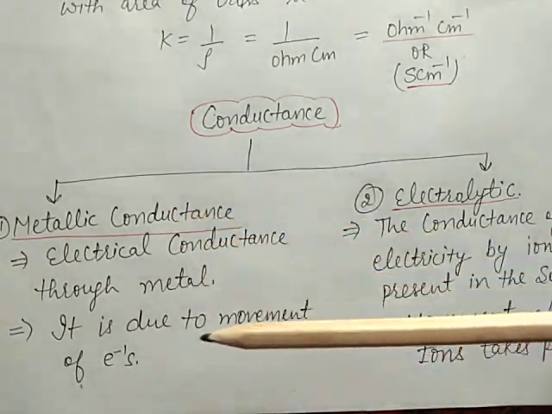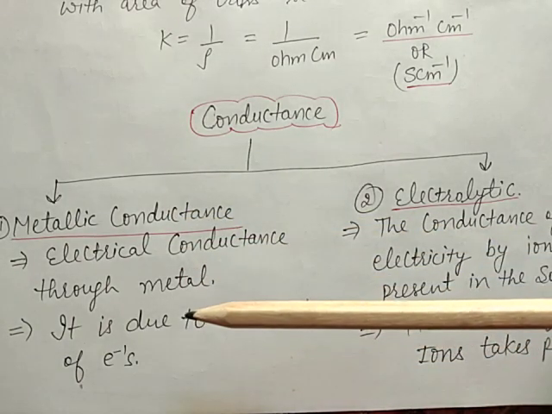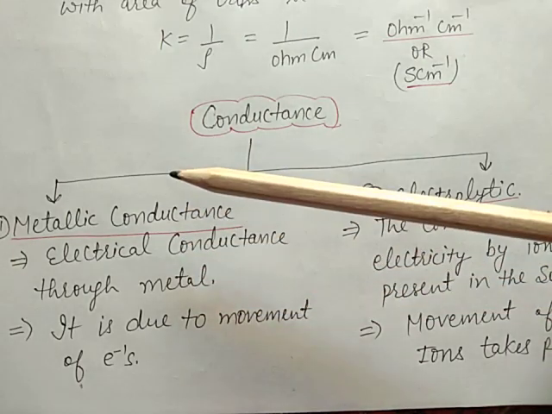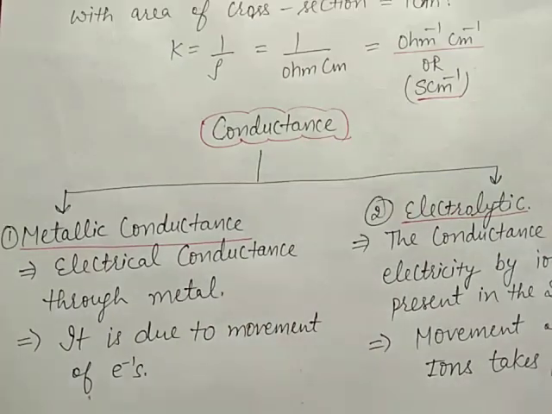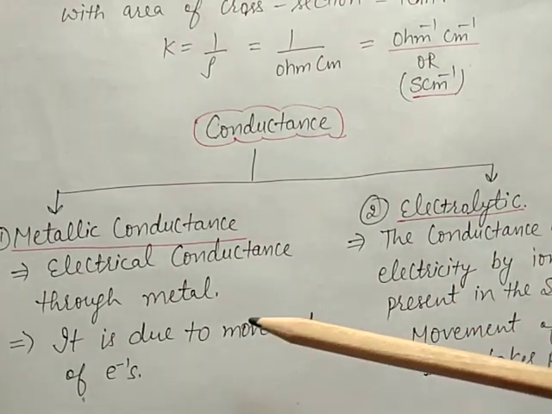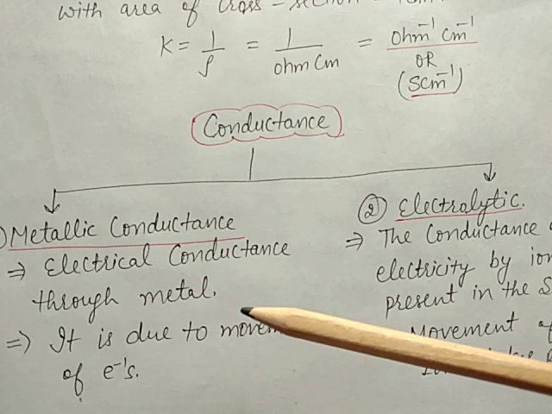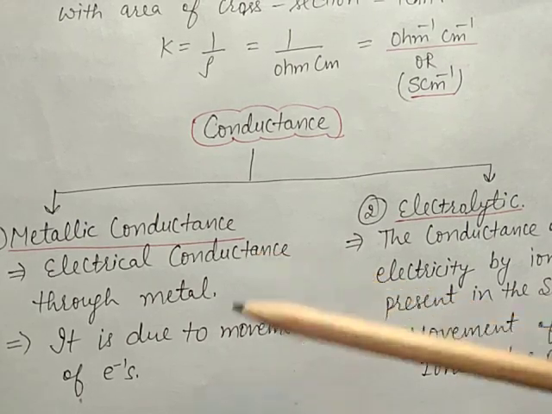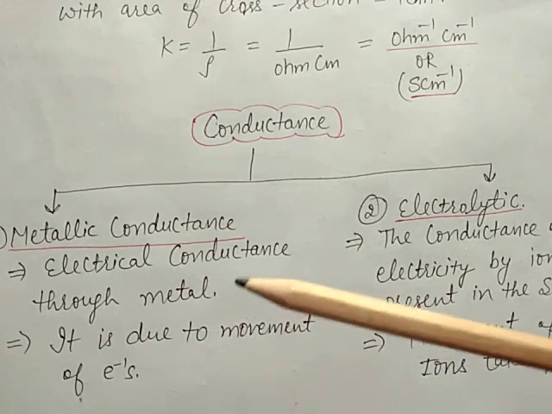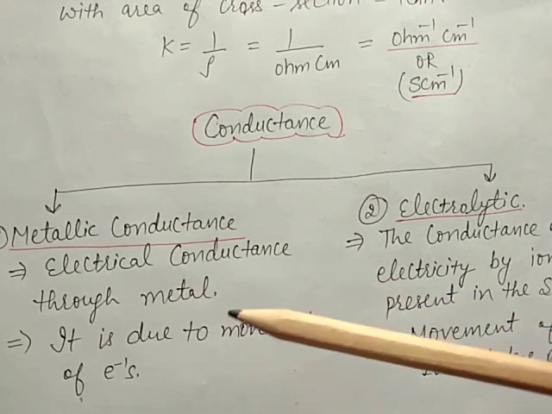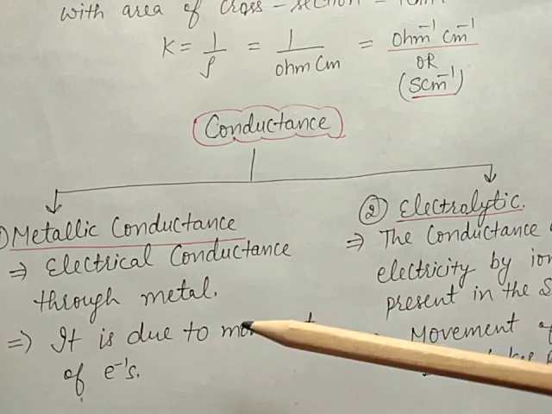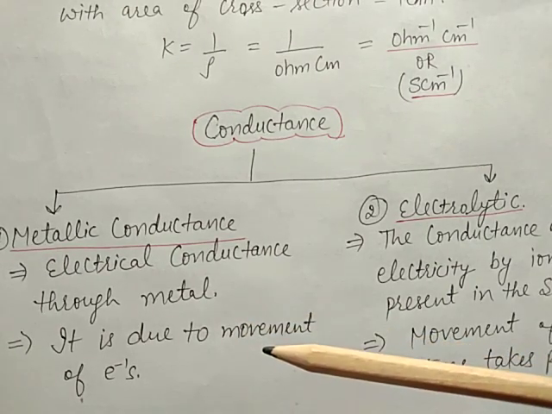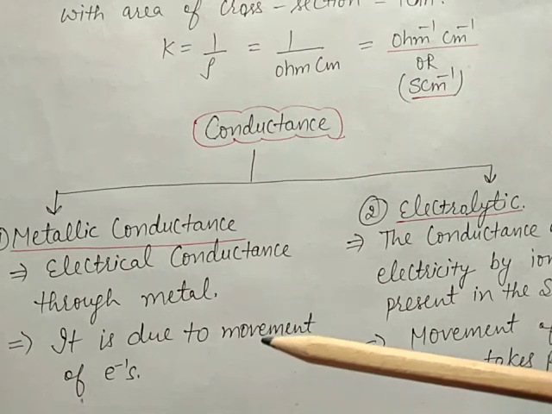It is due to the movement of electrons and it depends on the nature and structure of the metal. Second, it also depends on the number of valence electrons per metal atom. Third, it depends on temperature. If temperature increases, metallic conductance decreases